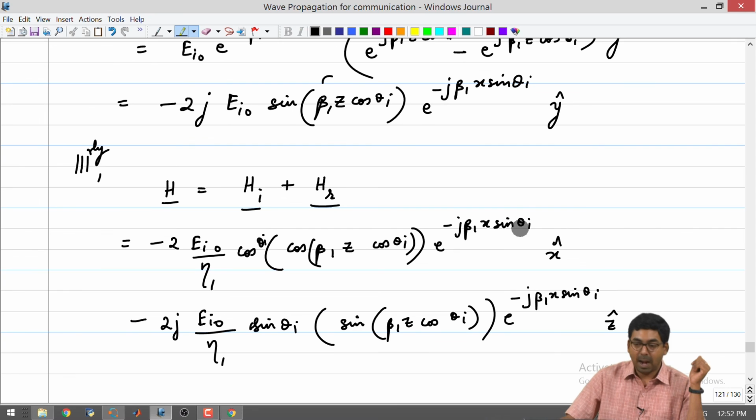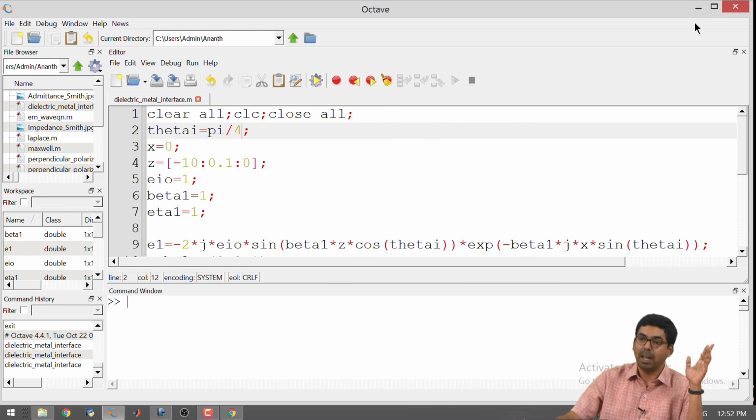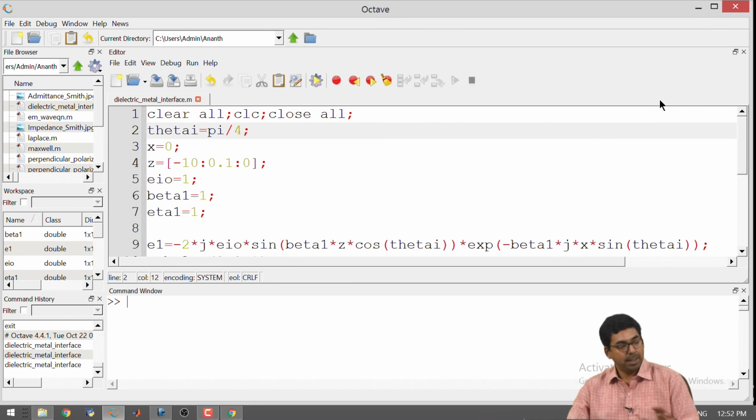The other thing that we have seen from the diagrams is that there is something going on with the tangential component of the magnetic fields in the case of a dielectric conductor interface, and we are going to talk about surface currents in the next class. I will stop here. Hope that now if you have lengthy expressions, one of the things that you can do is go back, open Octave, fix a large number of quantities to zeros and ones, and try to write a simple program and see how to visualize these. At least this part you should be able to do.